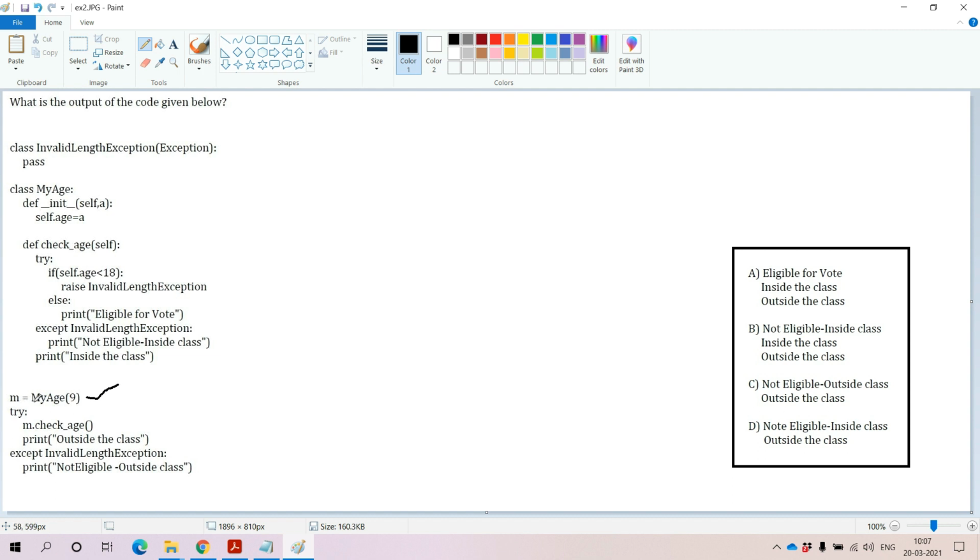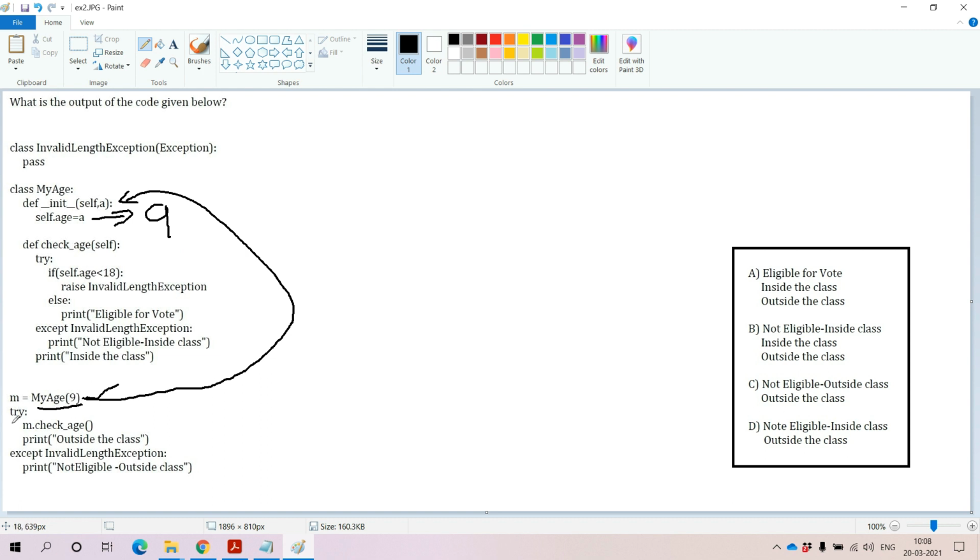First we are creating the object of the class and we are storing that in the resultant variable. It is the reference of the class myAce. And at the time of creating the object of myAce class, we are calling the parameterized constructor. That means whatever value we are passing will be passed to the parameterized constructor of the myAce class. And within this parameterized constructor, we have one instance variable. The instance variable name itself is self.ace. Whatever value we are passing, 9, will be available in A, and we are assigning that A value to the self.ace. That means within the self.ace you will get 9.